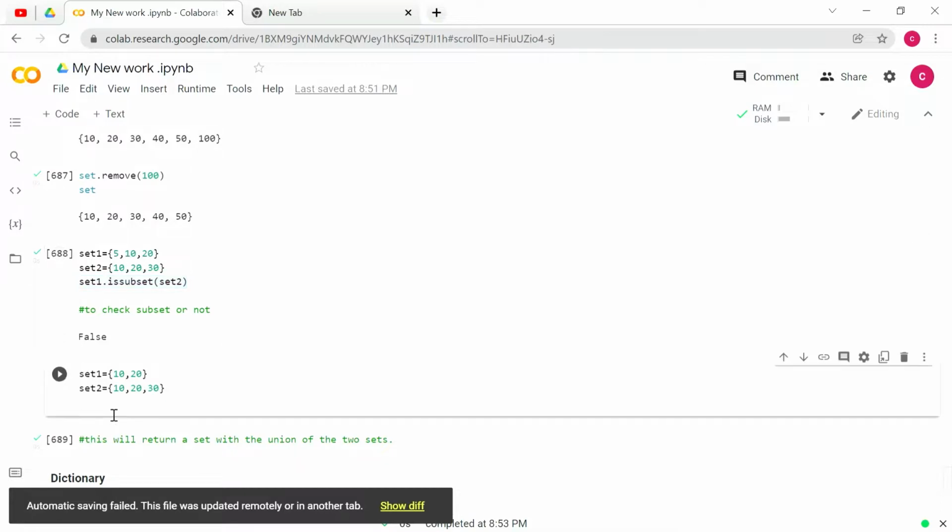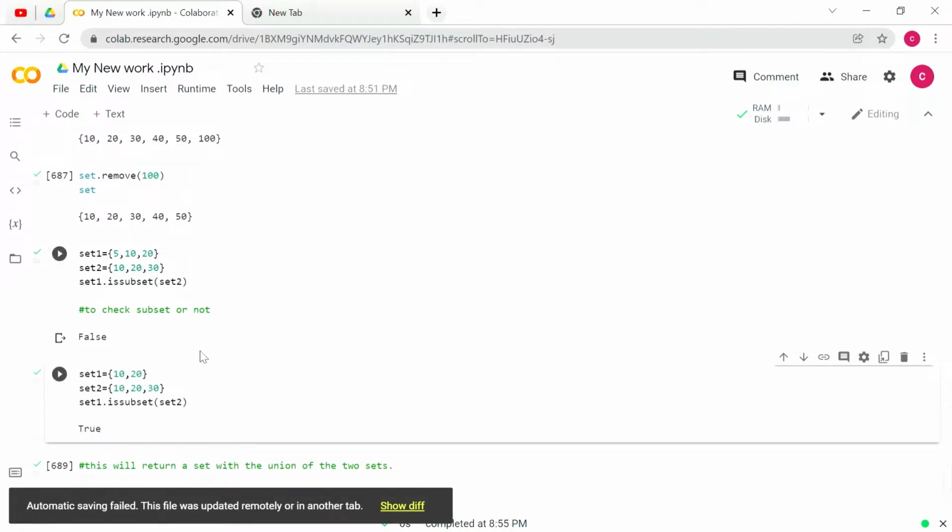For that, give the code set1.issubset(set2) and just run the code and see the result. Yes, here it is True.